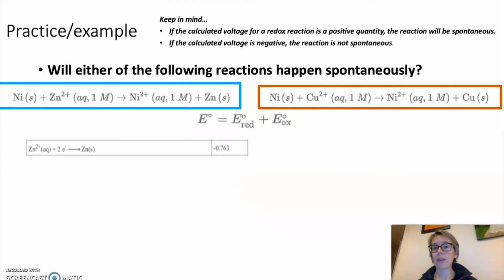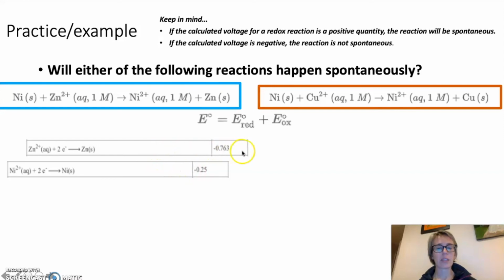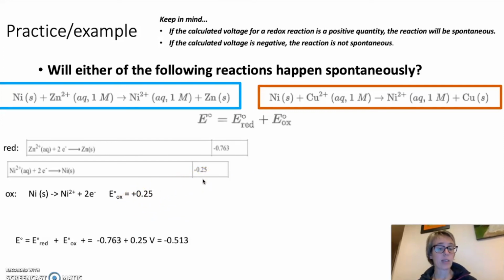So let's approach it mathematically now as well. So when I go to that table and I look up these standard reduction voltages, I've got the nickel reduction at negative 0.25, the zinc reduction at negative 0.763. So the reduction of zinc is what's written in the reaction, but the nickel's undergoing oxidation, so I have to flip the sign on that voltage. But then I just add them together, and indeed my cell voltage overall is negative,